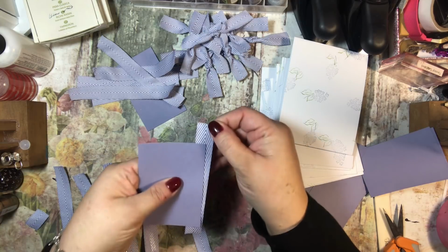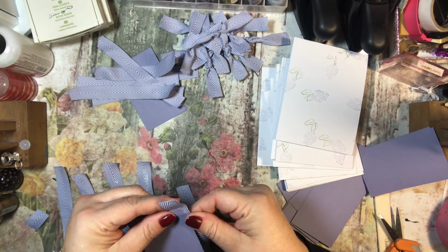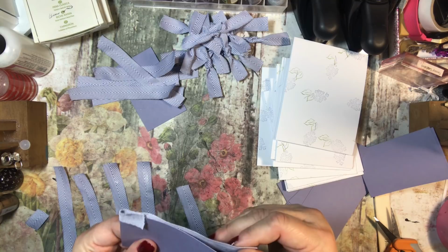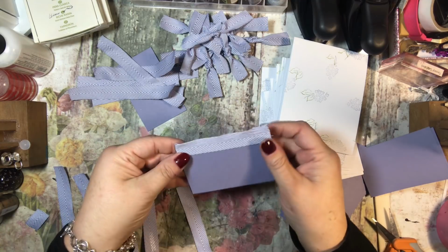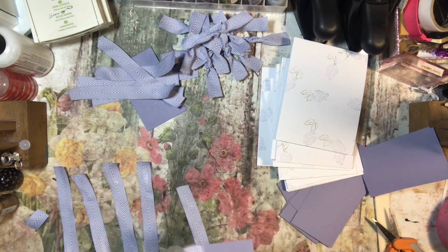So I'm just going to take this and fold it over and kind of make it fold onto itself. But I don't want it to be seen from the front, so I'm making sure that if I have to fold it onto itself that I fold it down a little bit. Like that, so it's going to look like this on the front. Maybe not straight, but